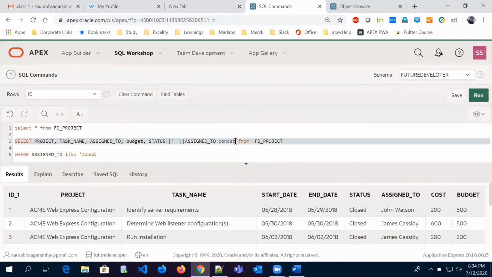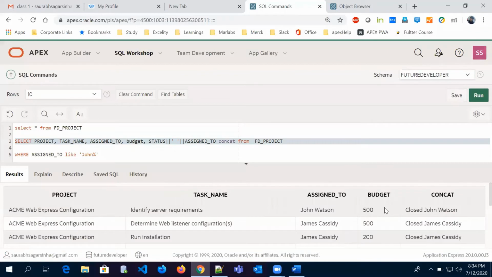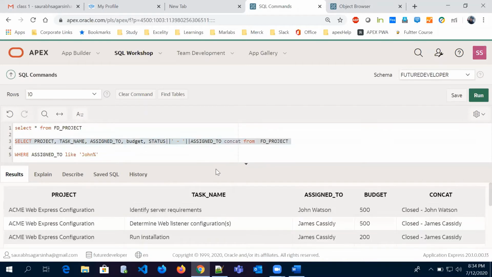Now run this command, and you can see this is the status. This got concatenated with assigned to. So here I have given a space. You can give a hyphen as well. That will also act the same way. But the purpose is I want to show how you can concatenate one column with another column, or you can write a string as well.